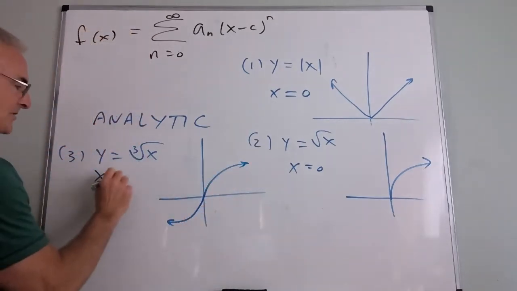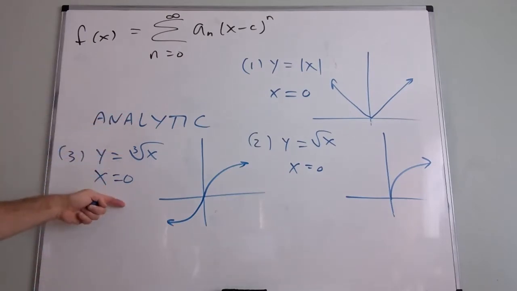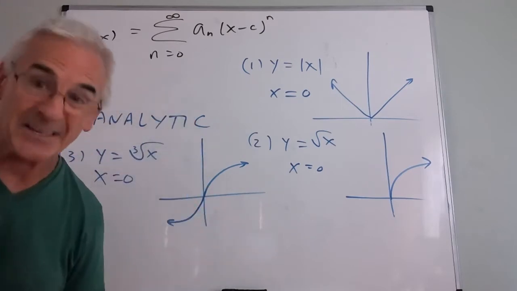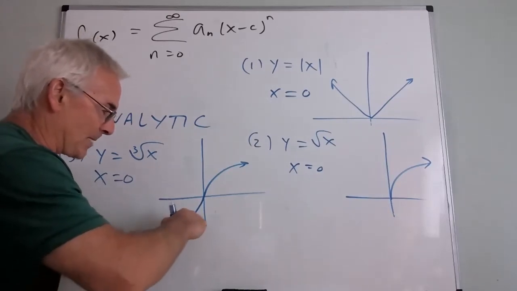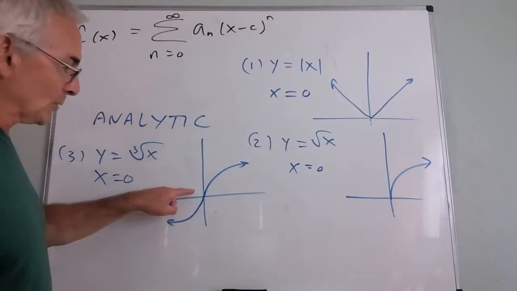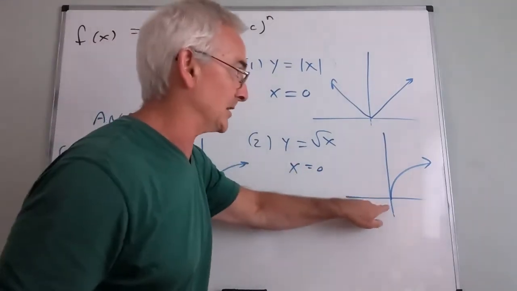And again, at x equals 0, we have a problem. If I take the derivative, the x will end up in the denominator. I have a vertical tangent, not an asymptote. This is defined everywhere, but if I was climbing a hill, at one point it's completely vertical. So the derivative does not exist at 0 here because it's a vertical tangent, here because it's an endpoint, here because it's a corner,